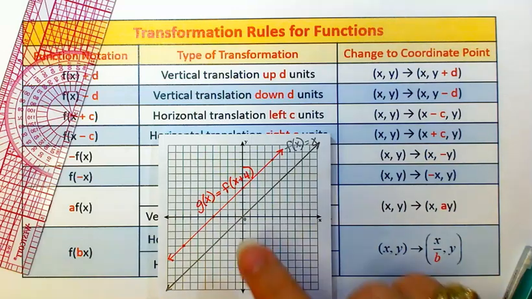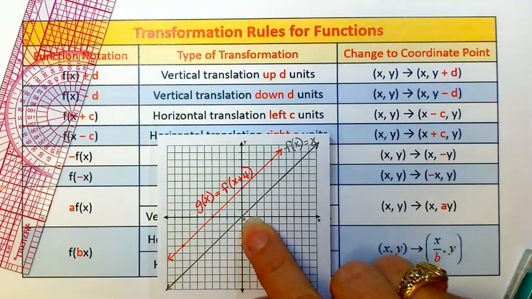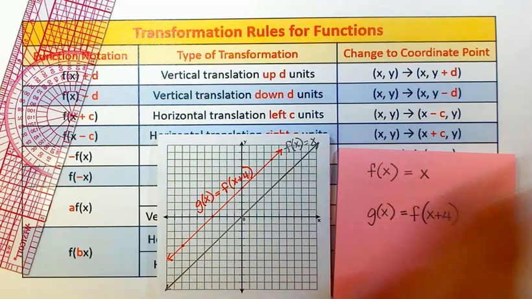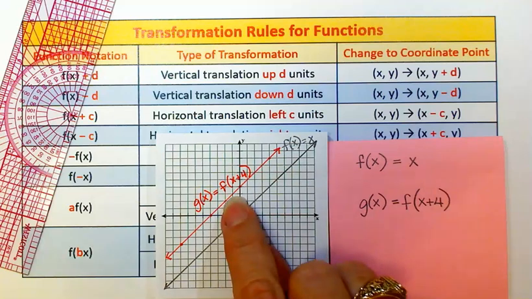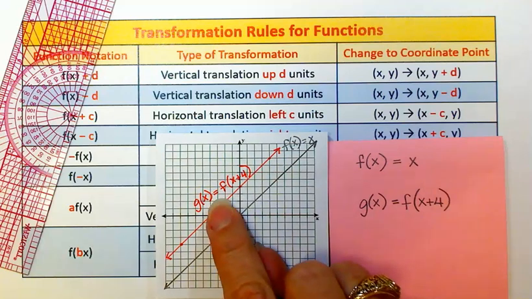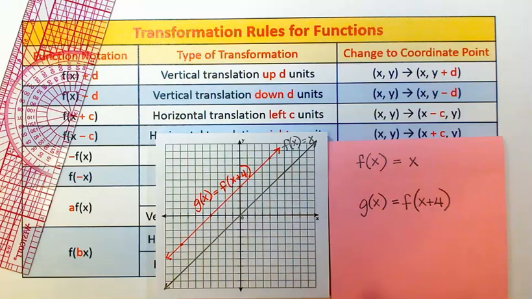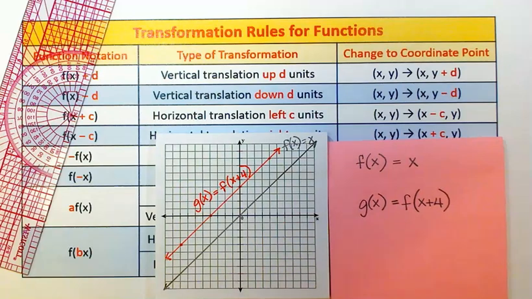Okay, so this that I drew in pencil is the original line, f of x just equals x. This new line is g of x equals f, and then we put x plus 4 in parentheses, meaning that we have shifted the whole line to the left. And you might be tempted to think, oh, positive should go to the right, but it actually doesn't. The reason why,